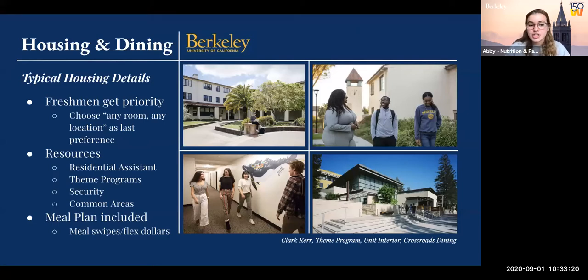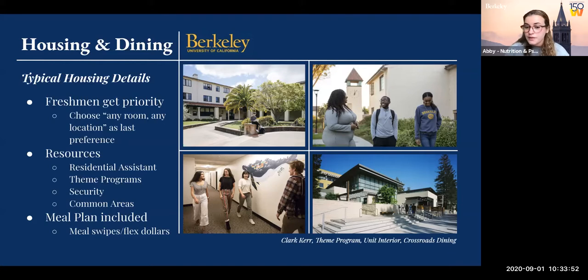And then in addition, just the resources for housing. Every hall or floor has a residential assistant or RA, which you might have heard in the past about just the college experience. These are upper division or upperclassmen that have obviously lived in a residential hall in the past and kind of foster a sense of community in your residential hall or floor. They plan different events, they decorate the hall, and they can act as a mentor to you if you need any advice going through your first year here at UC Berkeley.